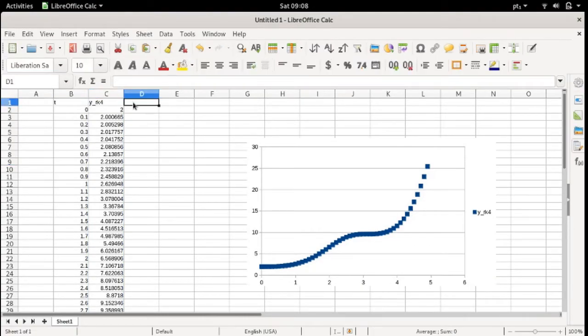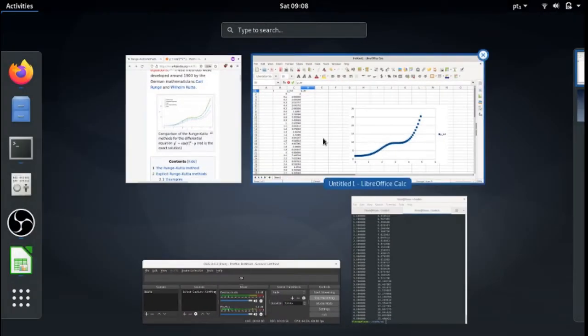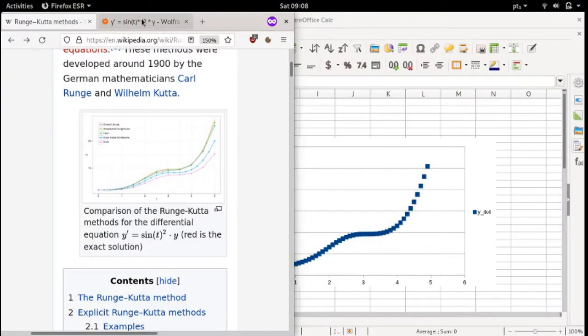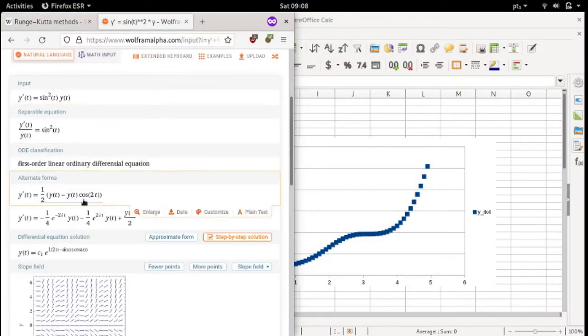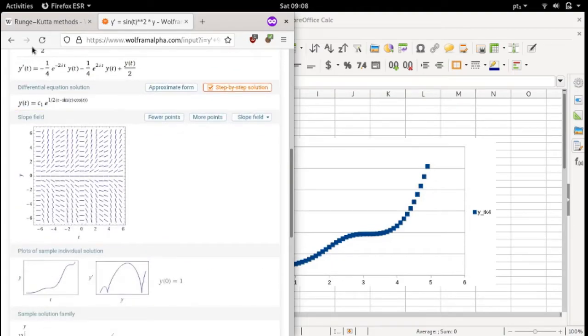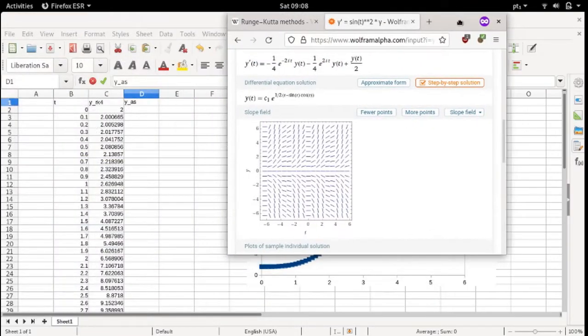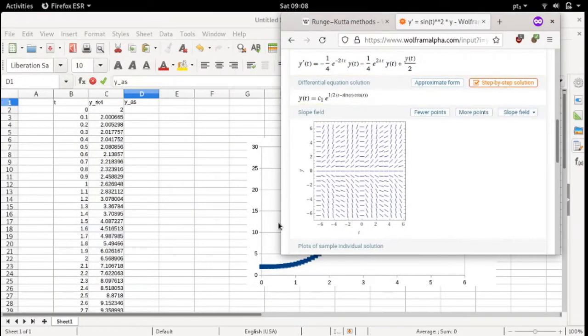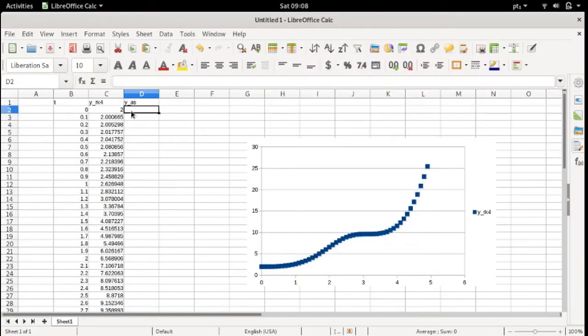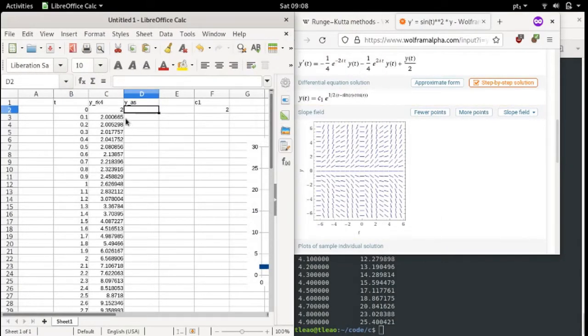You can test this with the Y analytical solution. This equation should be pretty straightforward to solve. I'm not going to solve it here. I'm just going to get the analytical solution of this equation from Wolfram Alpha. This is the analytical solution. Okay, so let's write this analytical solution here. This is the differential equation solution, where you have a C1 here. C1, I think in this case, should be 2. The same thing here. So y over t, the analytical solution, is equal to